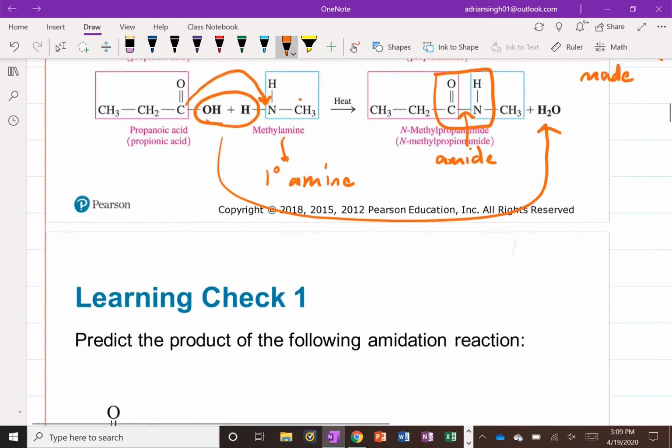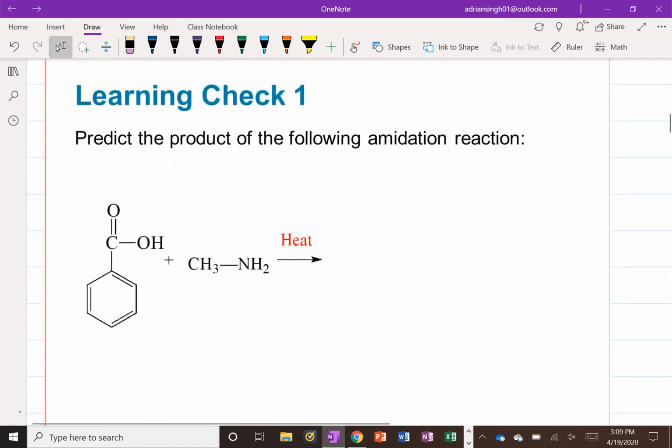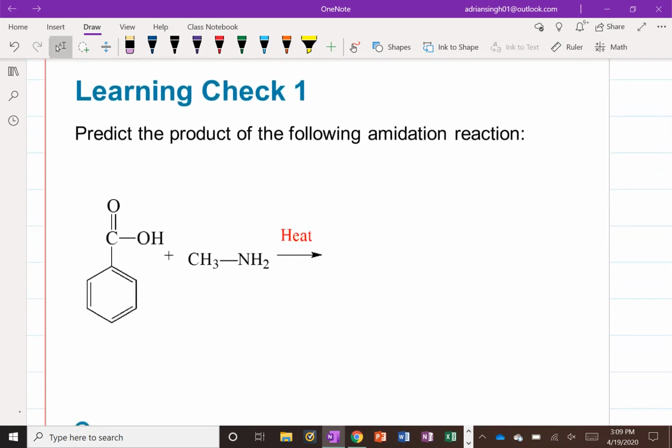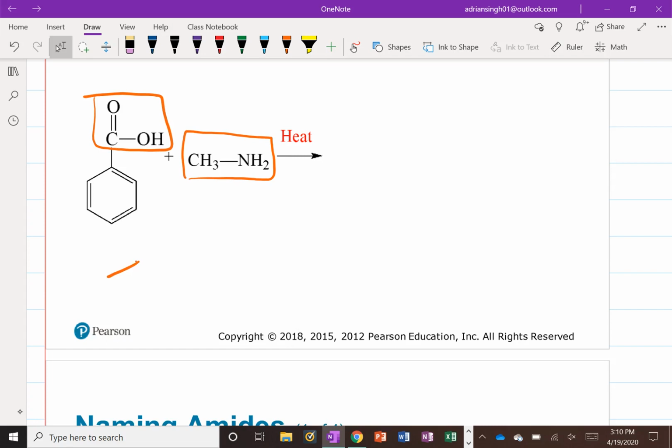So let's take a look now how we can practice that. So we have the two molecules. We have a molecule here on the left that has our carboxylic acid functional group, and then we have a nitrogen containing amine here on the right side. So when you have this type of a reaction, just like as we saw with the esters, you want to redraw or rewrite the reactant so that the reacting parts of the molecules are closer together. All right, so what I would do is, if this is my carboxylic acid and this is benzoic acid, if you remember,